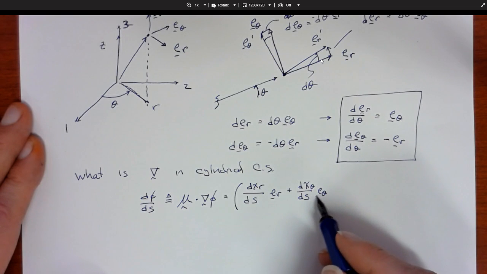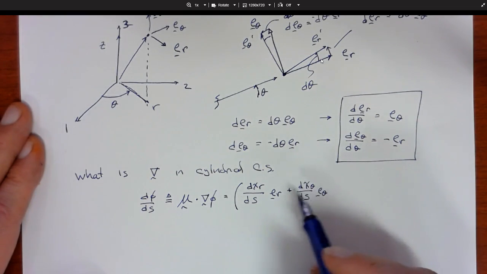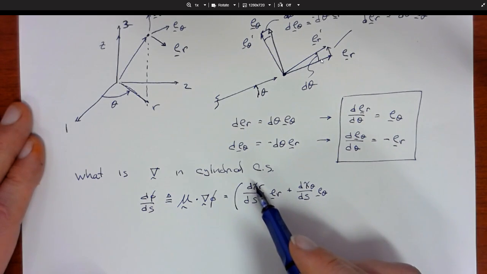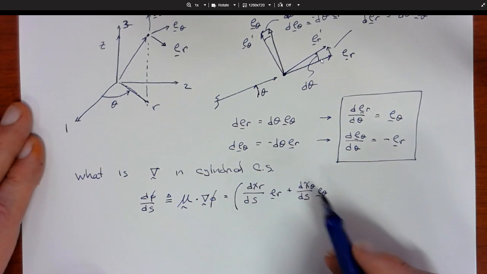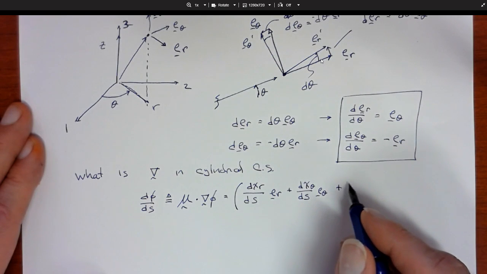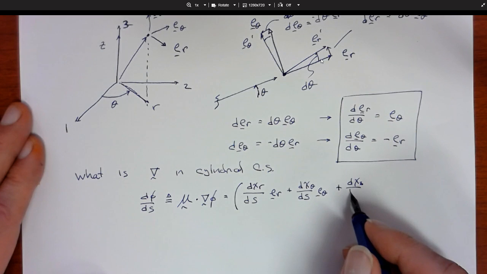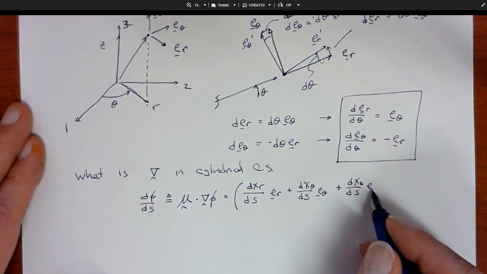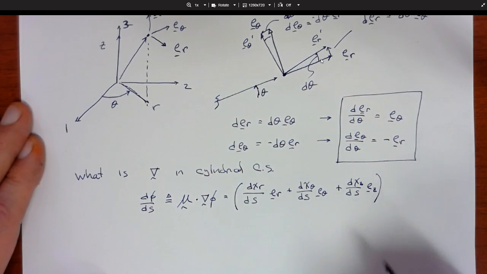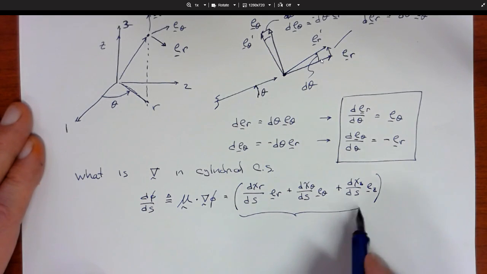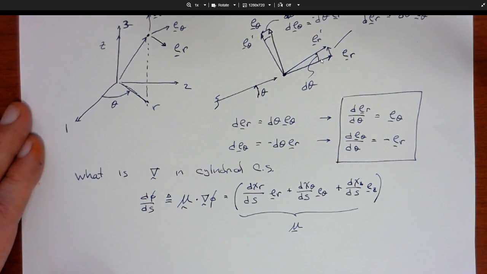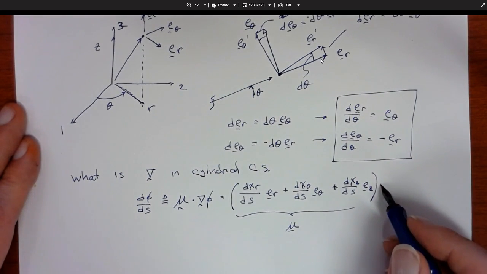e theta. Now, this is actually a unit of distance. It's not an angle. So that's why I'm putting the little x's here: xr in the r component, x theta, plus how much we move in the z direction, ez. This is the unit vector mu. All right. Now we're going to dot that with grad phi,